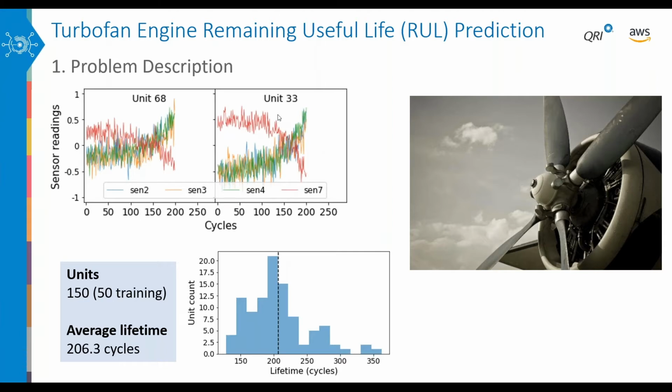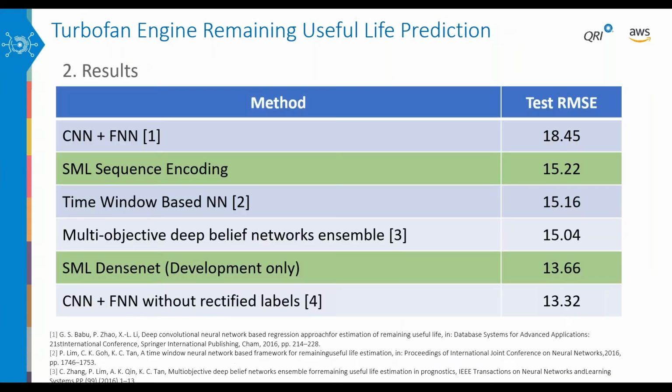From this plot alone, you might have some intuition already about how to engineer features that flag an imminent failure. For instance, sensors 2 through 4 exhibit an upward trend as the fault grows, whereas sensor 7 trends downwards. Our strategy will be to use SML sequence encoding tool, which will automatically extract hundreds of statistical characteristics from each sequence. I will delve into this problem in greater detail in the live demo, but it's worth noting here that